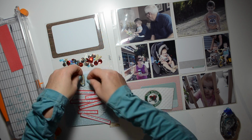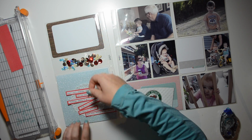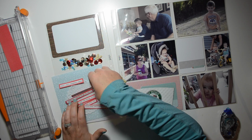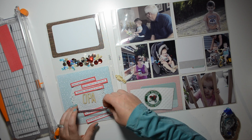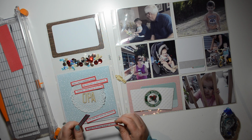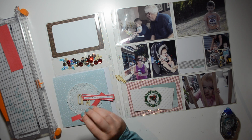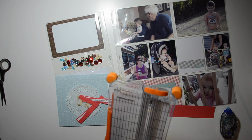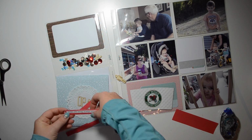I considered putting the word my, but because the family album is mostly from my point of view, I thought it would be kind of confusing to write the word my, because he's not my Opa by blood. So I considered putting the wood veneer in the center, and it's at this point where I realize I'm